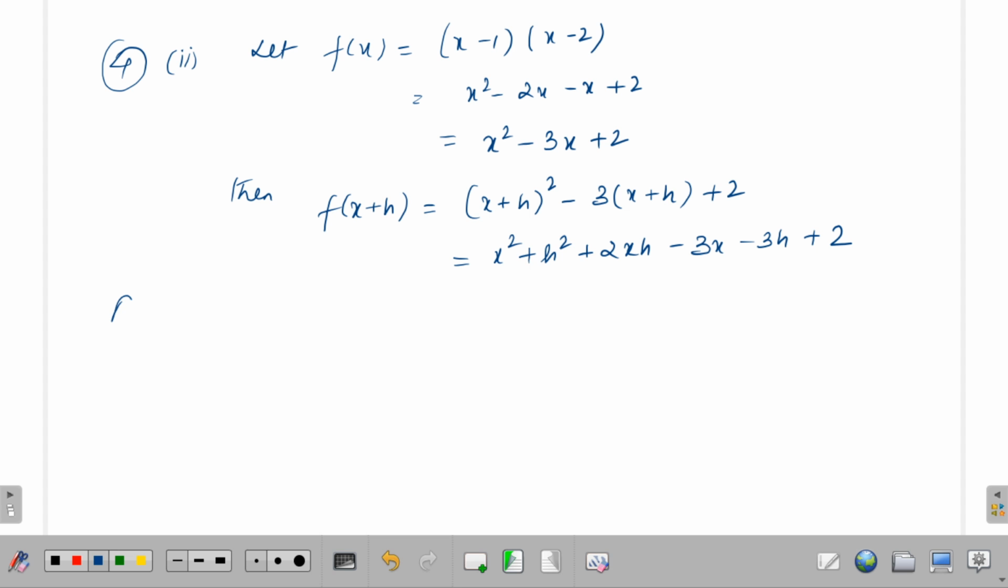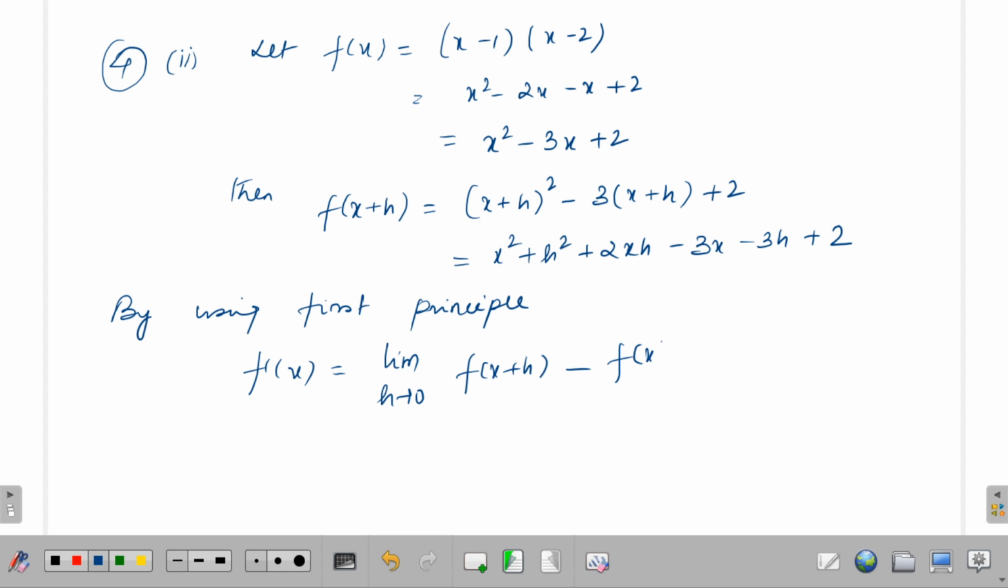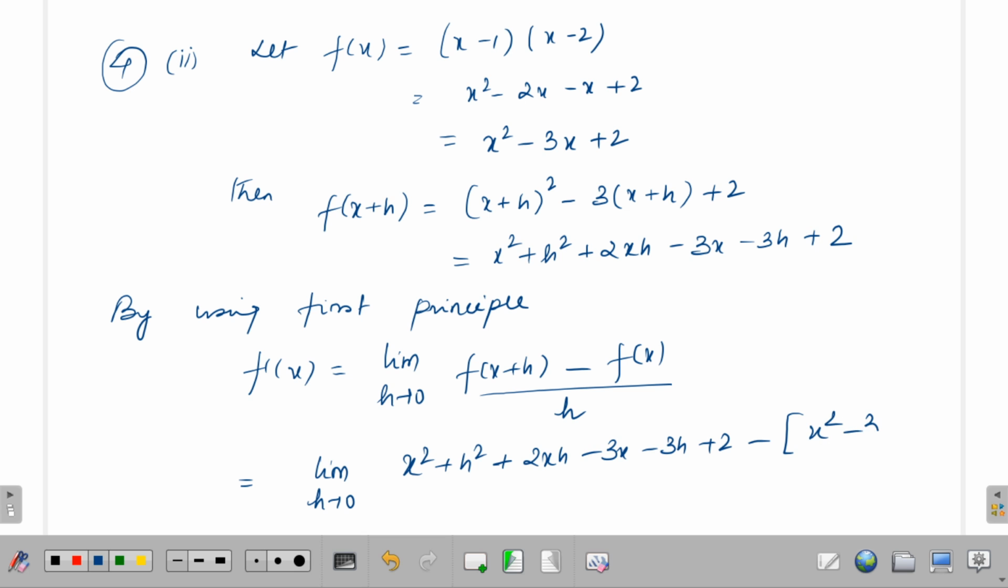So what can I do by using first principle? By using first principle, we'll get the answer f dash x is equal to limit of h tends to 0, f of x plus h minus f of x divided by h. Now again, the same thing. Our main objective is to remove this h because we didn't want the answer to be 0. So what can I do? I can simply go ahead with limit of h tends to 0, put on the value. So x squared plus h squared plus 2xh minus 3x minus 3h plus 2 minus, and f of x I got to be x squared minus 3x plus 2,